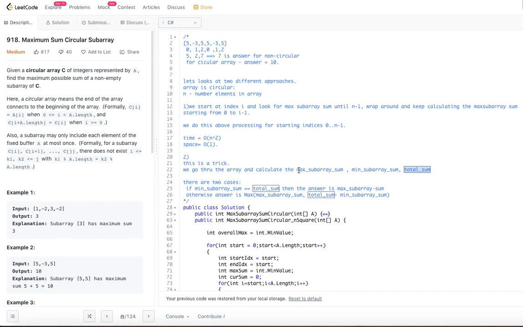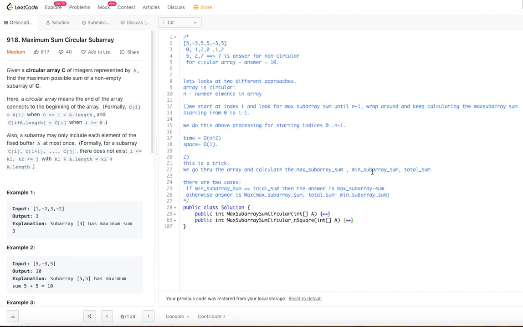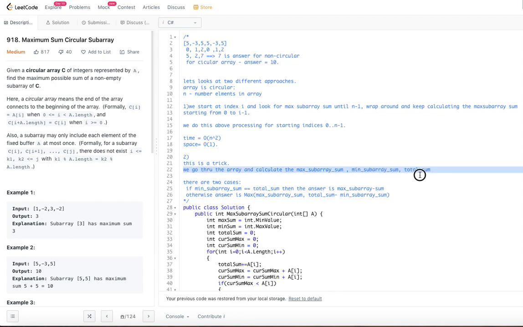Total sum is just blindly adding every element into the sum. We can use the same approach as max subarray sum for the min subarray sum, whatever we saw in the problem. Here we saw the max sum and the min sum calculation. In a similar way to the max, we calculate the minimum, just updating some conditions, and the total sum is just adding the cumulative. Once you have these three things calculated by going from 0 to index n minus 1, assuming n is the number of elements in the array,